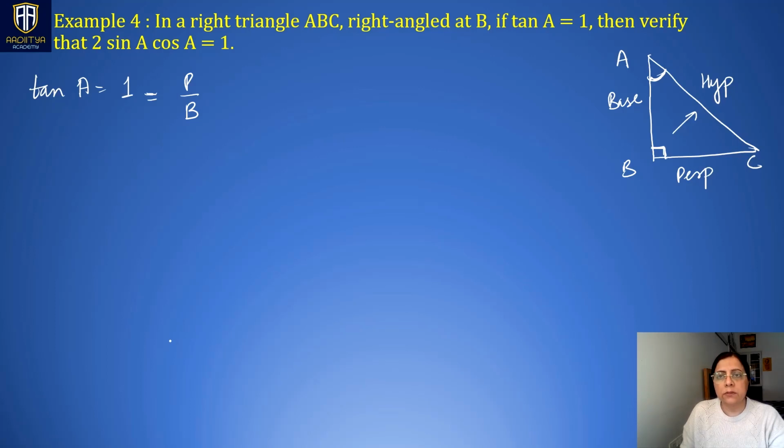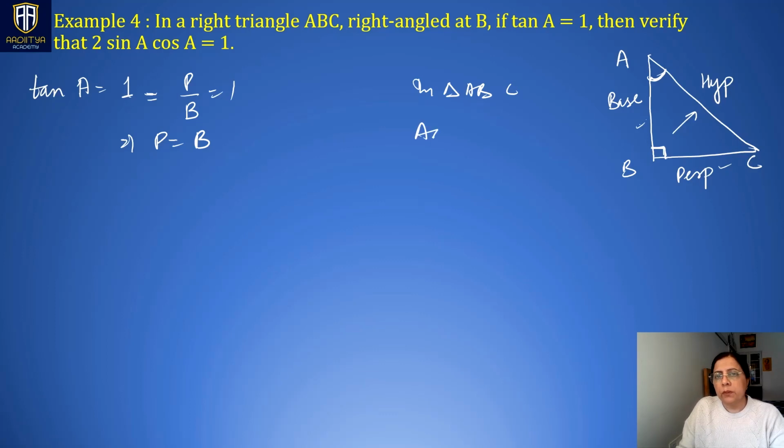Tan A is the relationship between perpendicular and base, this side and this side. So if this ratio is equal, you can say that this is equal to 1. That means perpendicular is equal to base, right? So in right triangle,